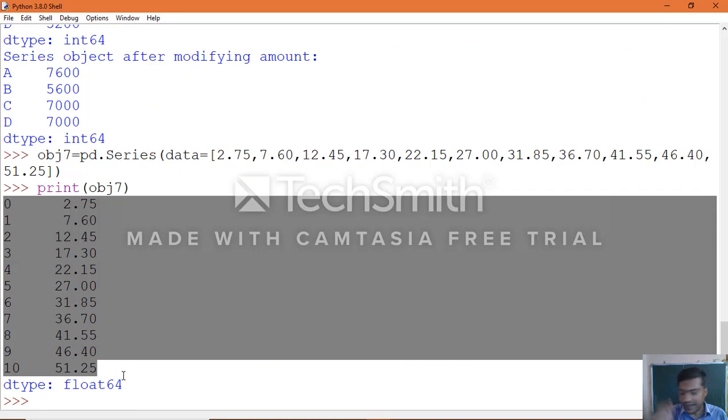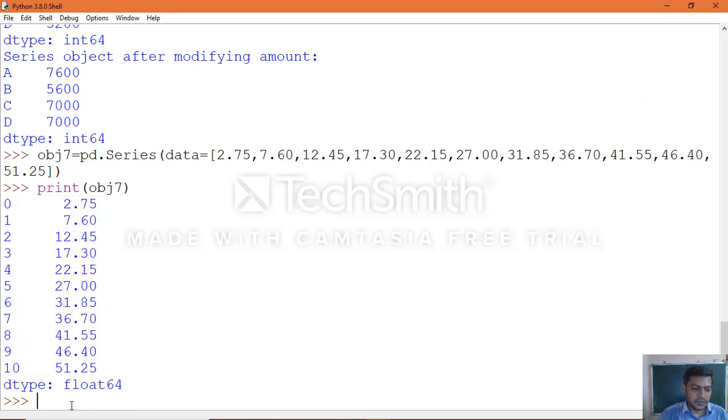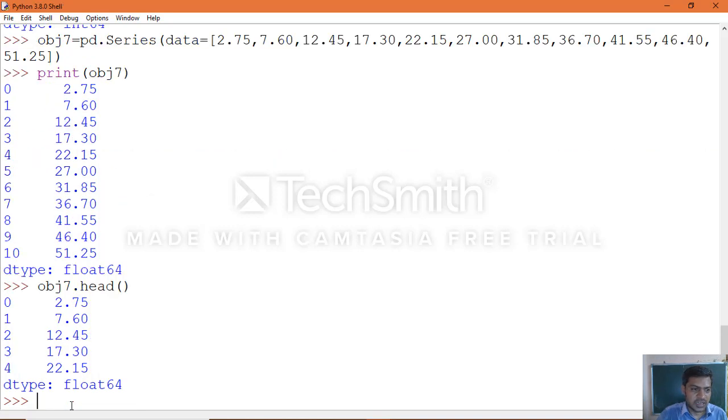Now we want to apply the head and tail functions to this object. By default, the head function, obj7.head(), will fetch the first 5 rows. We can see clearly 0 1 2 3 4, the first 5 rows.